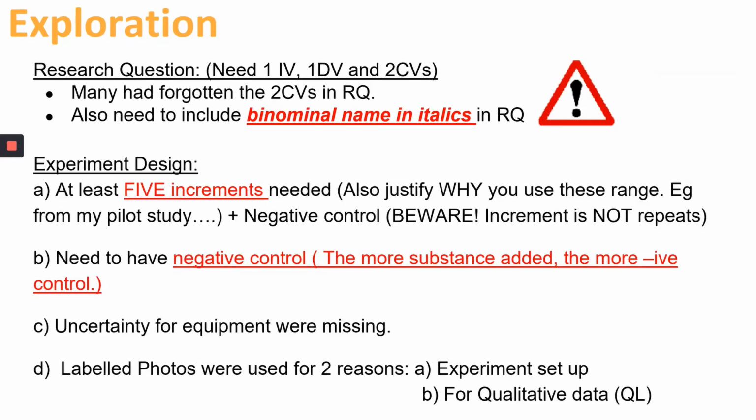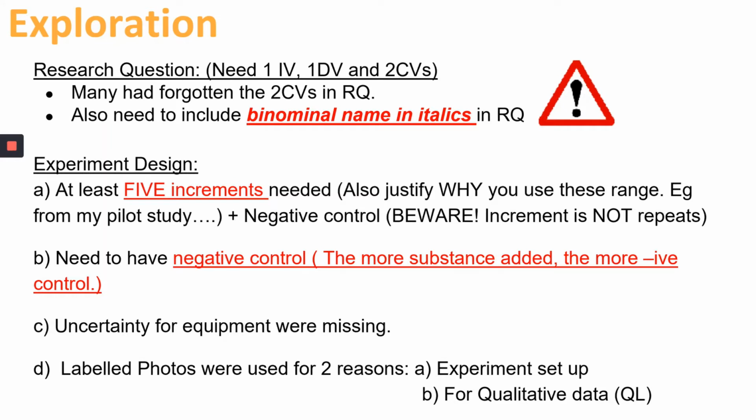And now the next part. According to the examiner feedback, a common error in the exploration part is that the research question is not detailed enough. Your research question needs to be very specific. Generally speaking, when you write down your research question, first of all, it must be in question format. Secondly, you need to mention your IV and DV. And to be safe, we recommend students to mention 2 CV, control variables.